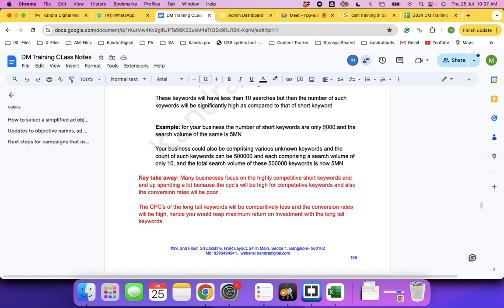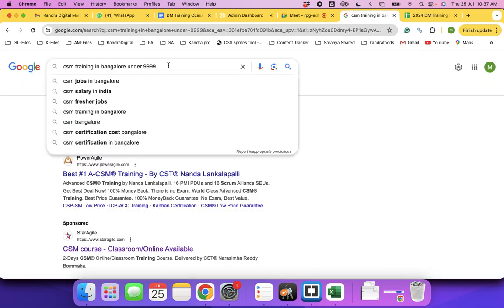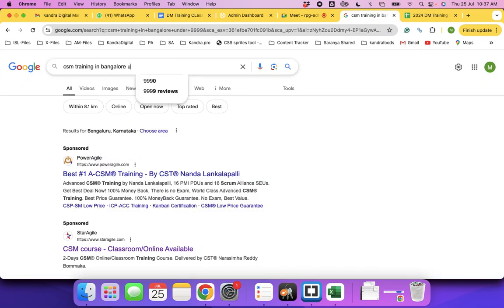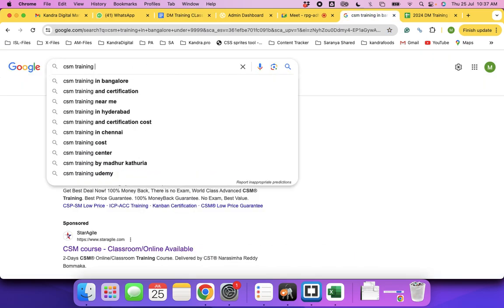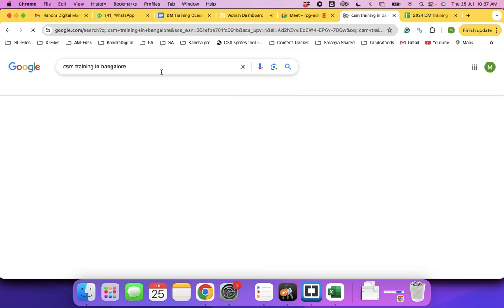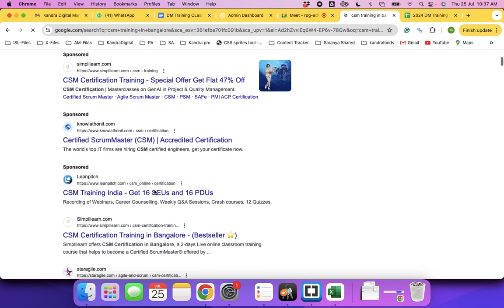Identifying these keywords is very easy because Google Keyword Planner tells you, or Google Autocomplete will give you the keywords when you're typing. If it is an unknown keyword or a not so popular keyword, Google also will not show that keyword in the Autocomplete nor in the Keyword Planner.